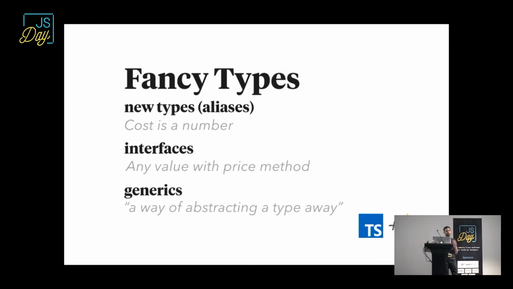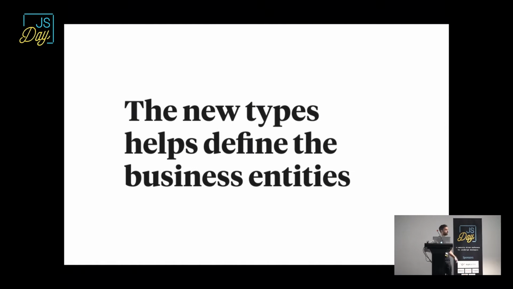Interface is like, you can define the kind of methods that your code has, but generic is more complicated than that. You can say that, for example, an array has different values, and for example, you can say that a promise will return something that is a number. So that's the way that generics work. It's difficult to explain. I'm sorry for trying it. But okay, so the point is,